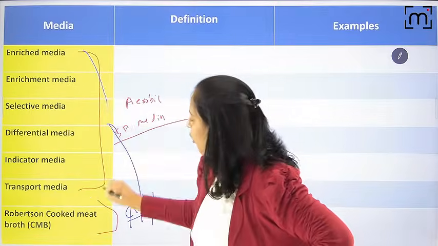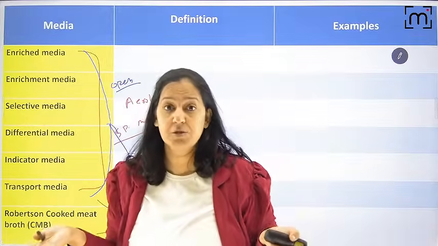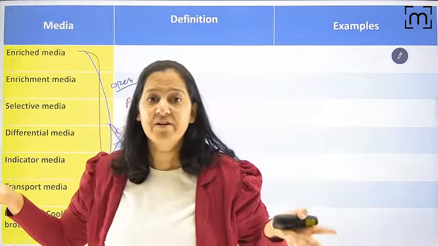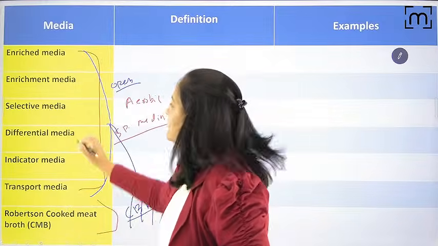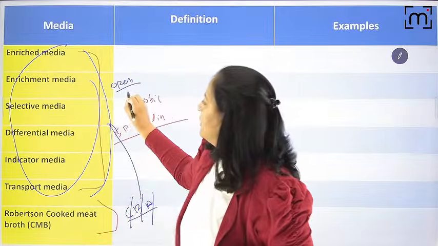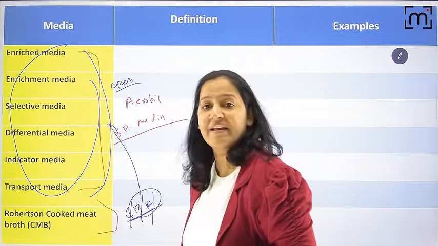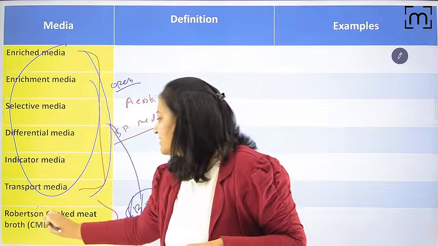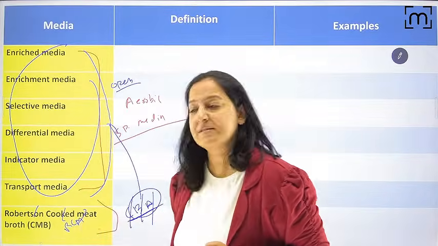See, ma'am, they all are open. Open means air is everywhere. There is no vacuum in the world. Can I grow these bacteria in any of them? You can't grow them. You need a special media for anaerobic bacteria, and that's why we created Robertson cooked meat media. It is known as RCM or CMB, Robertson cooked meat media.